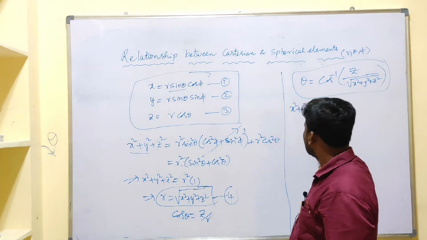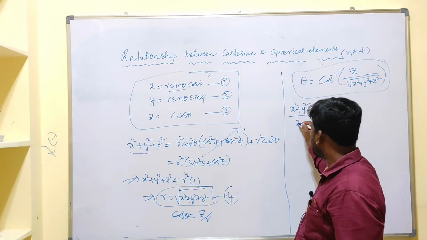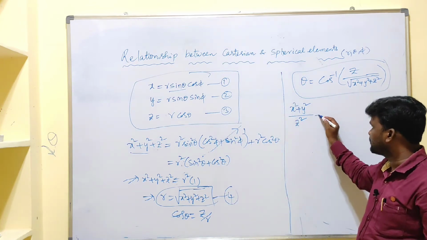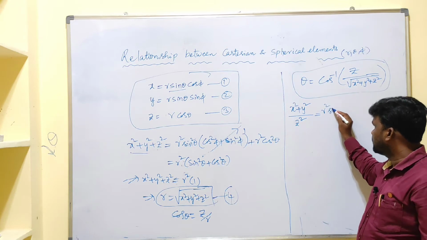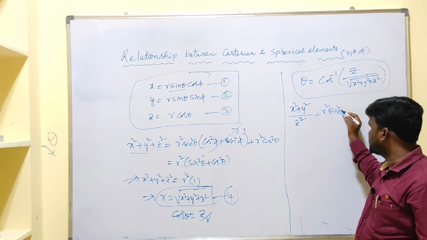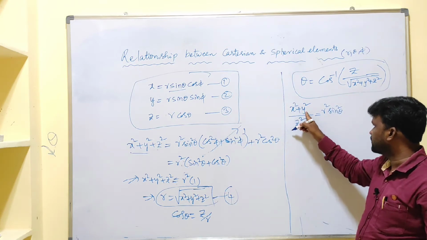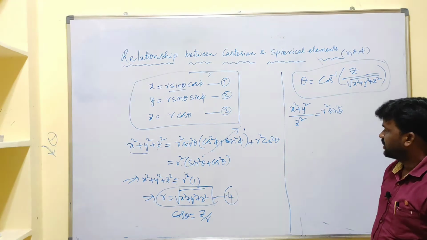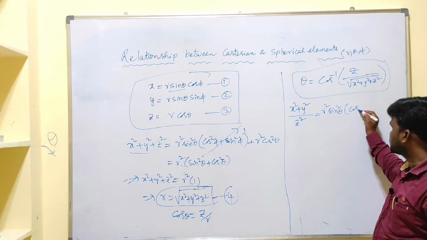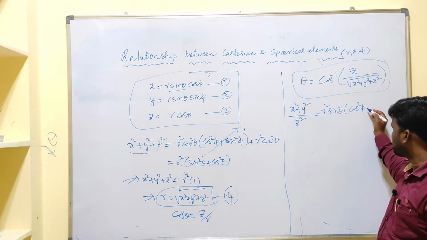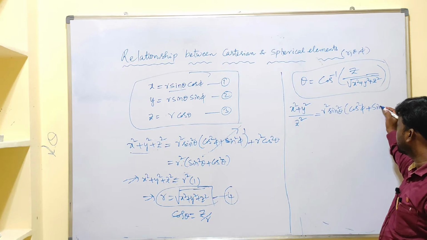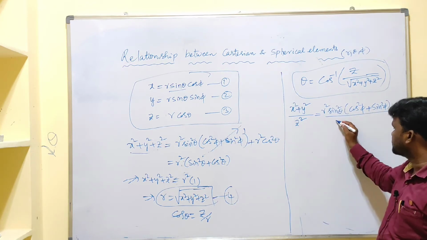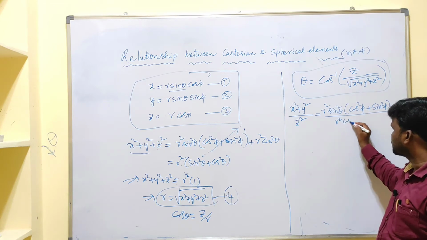In order to get the tan, we require what? Another term, that is what? Some z square. If I take like this, x square plus y square is nothing but what? In x and y we have r sin theta as common, as it is x square plus y square, means r square sin square theta we can take common. The remaining part is what? For the x we got the remaining x square cos square phi, for the y, that is sin square phi, by z square. What about z square? Z square is nothing but r square cos square theta.